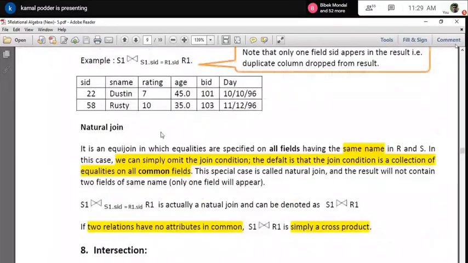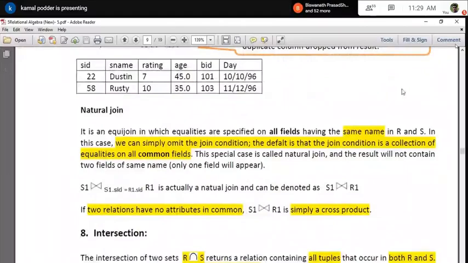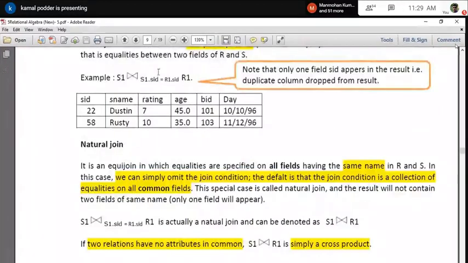And then another is called the natural join. That means if you want to join two tables and there are fields with the same name and same value, it will automatically join based on those. The common fields available in both tables will automatically take part in the joining clause. In that case, we call it natural join. That means you need not specify the join clause here. If you write the join like this, S1 R1, then all the common fields, mind it, will be joined automatically.